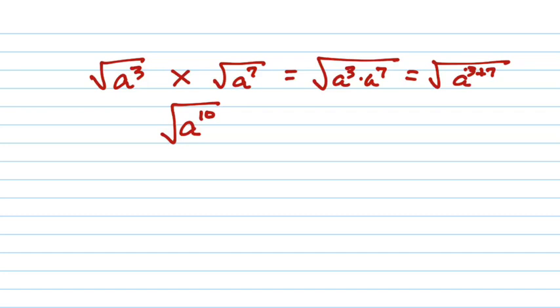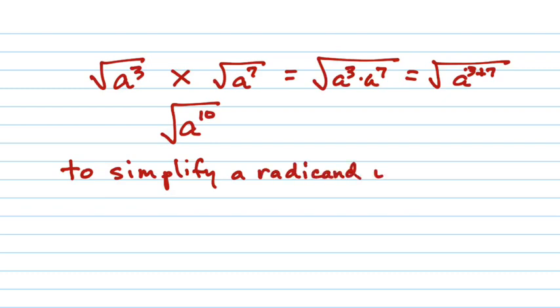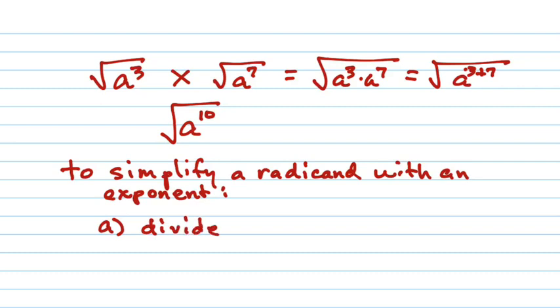A to the 5th. Let me tell you why. To simplify a radicand with an exponent. So this is what I was trying to avoid teaching you just a second ago, but here you go. You're going to get it. All you simply do is divide the exponent by the